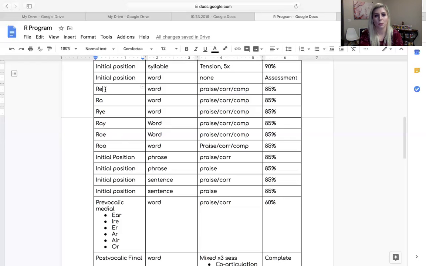So the reason that I did write it this way is because kind of like when we did the blends, how I was showing you how the consonant that came before the R kind of dictates how much movement you're going to have to do in transitioning from that consonant to the R. Now we're looking at the vowel that comes after and where that's placed and how that's going to affect the R. So with re,